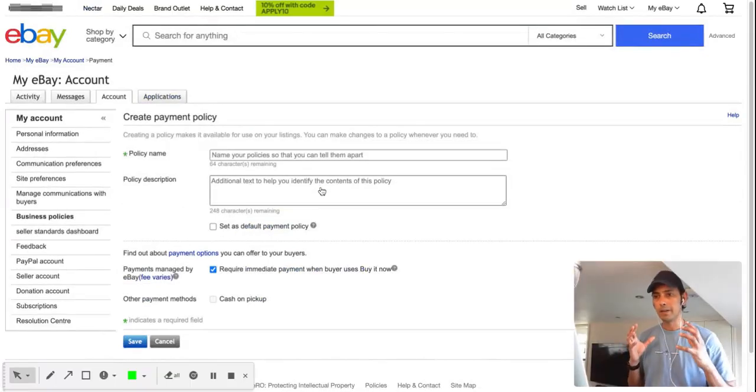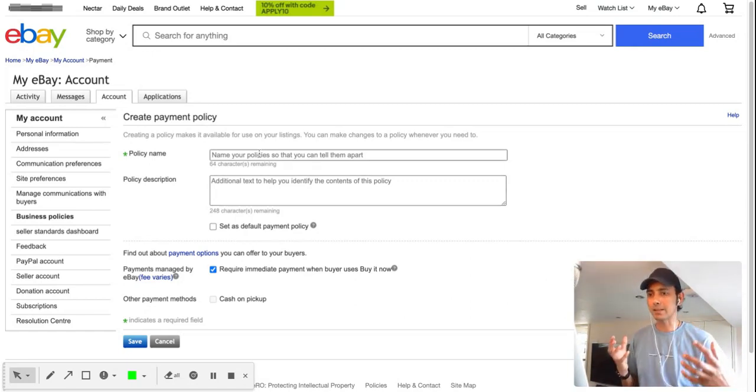The idea behind this is that we need to have different payment policies. So for example, if it's a big item, we can't ship it. In that case, the buyer has to come to our warehouse, collect it, and either pay cash or make a card payment. So for different scenarios or different listings, we need to have different methods of payment. So we can have policies, and when you list the item, you just select the correct policy. Make sure that you name it correctly so we can understand. So we can say, okay, for